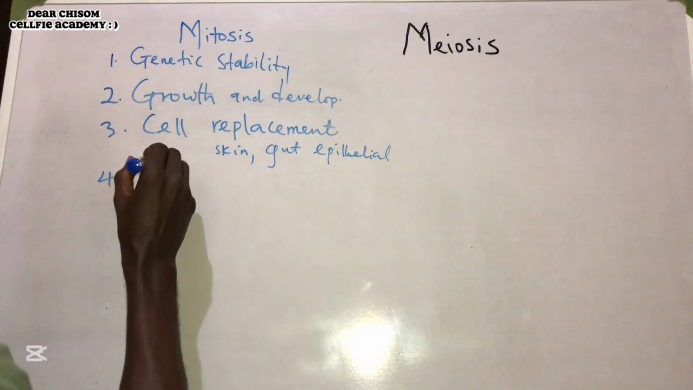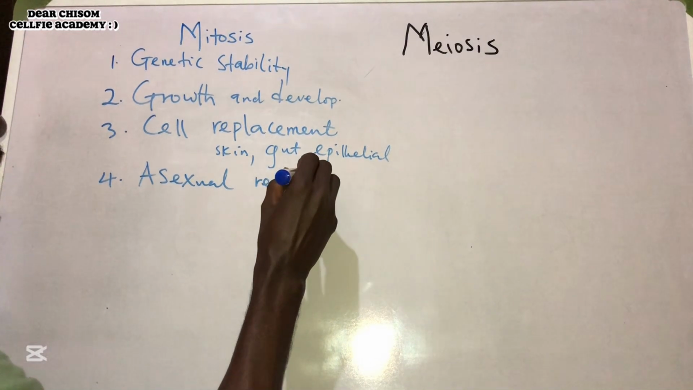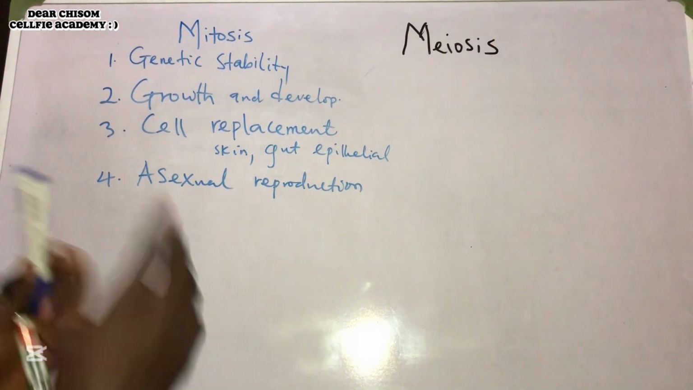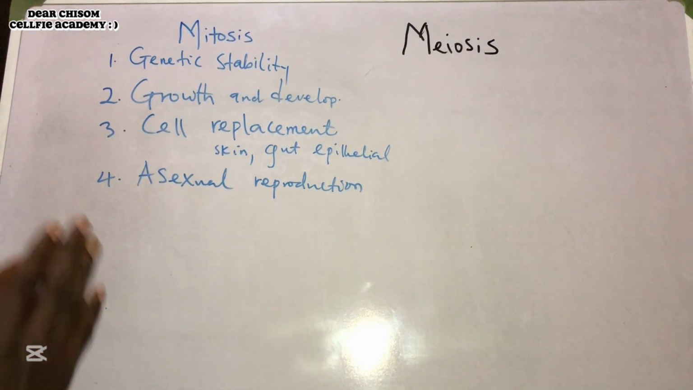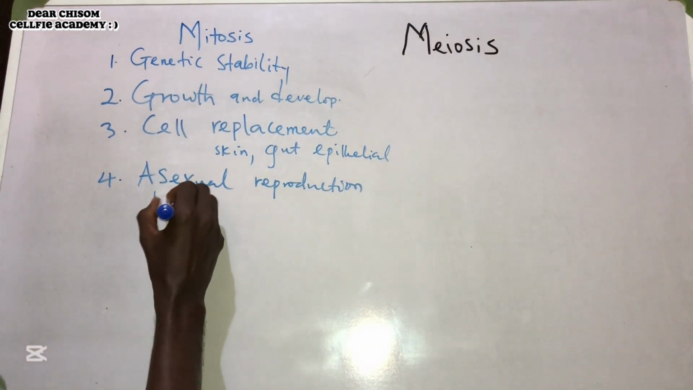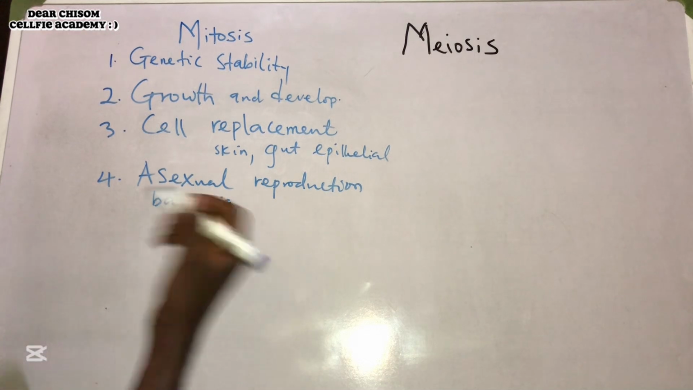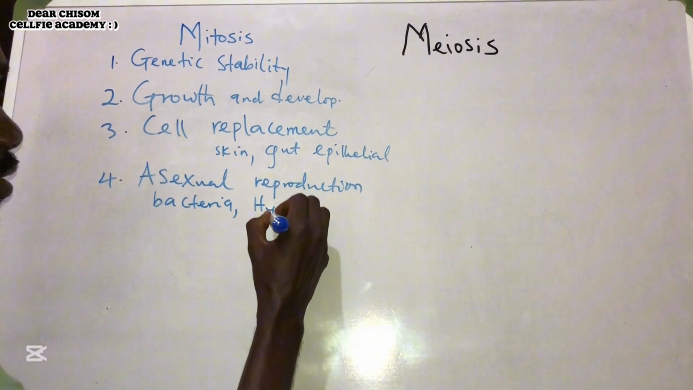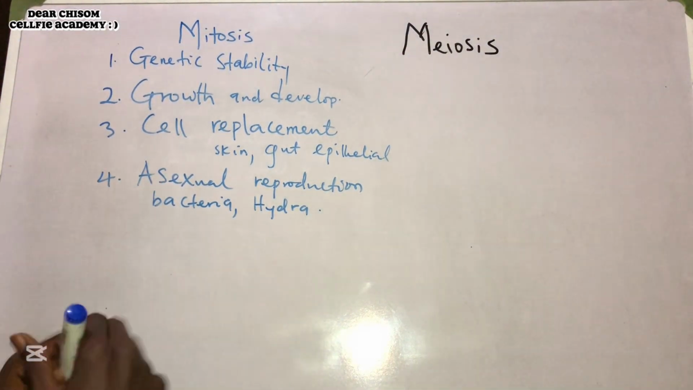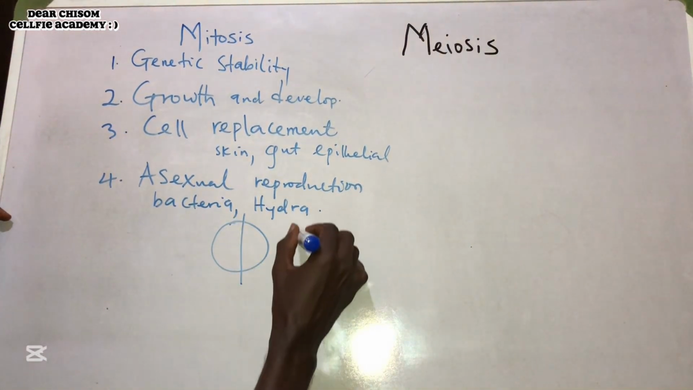So the fourth one we need to look at here is asexual reproduction. In this type of reproduction, only one parent is enough to give rise to new organisms. Some bacteria, and even some eukaryotic organisms like Hydra, undergo asexual reproduction. Asexual reproduction involves just a single parent dividing into two